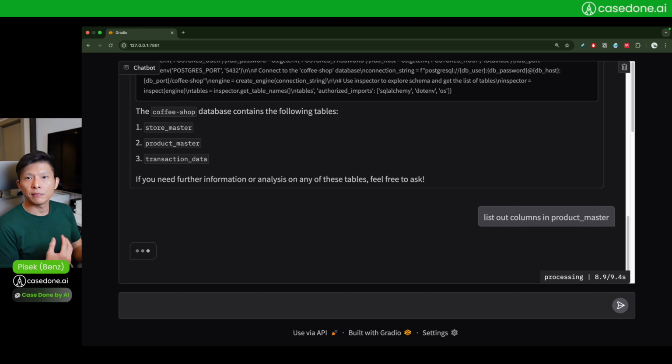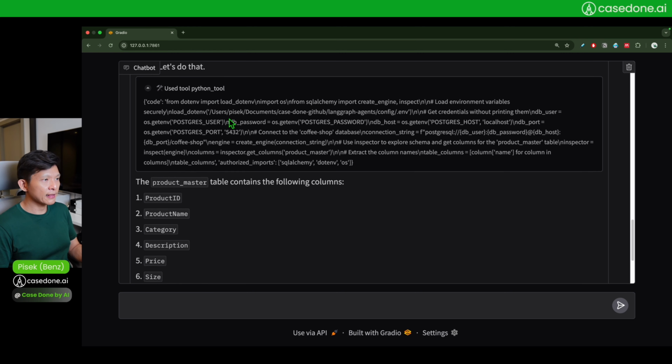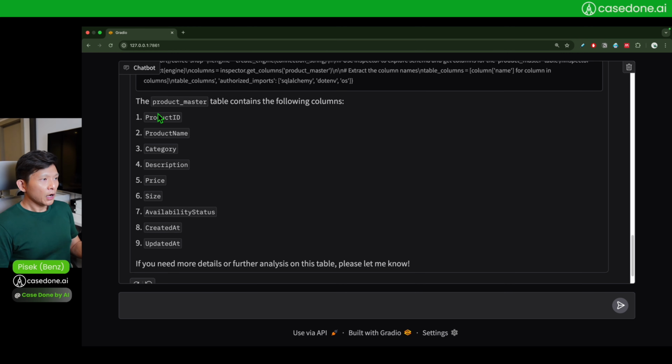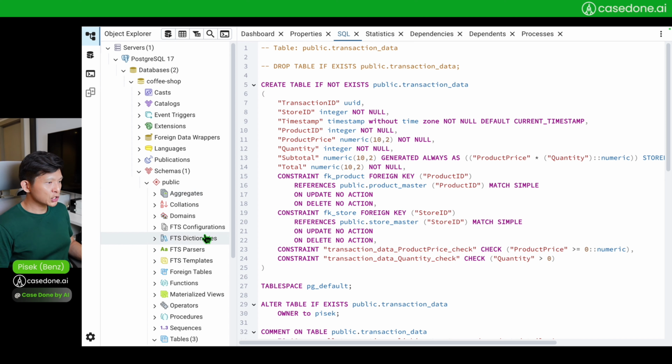So the LLM, GPT-4o in this case, has to come up with a solution on its own knowledge, and hopefully it will do the right thing. All right, the answer is product ID, product name, category, description, price, size, availability status, created at, updated at, and well, let's actually check